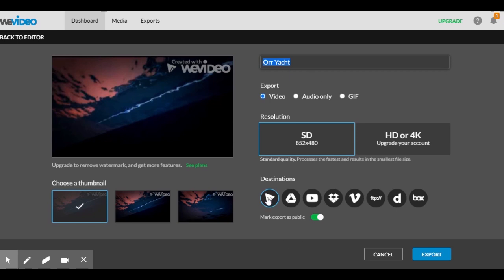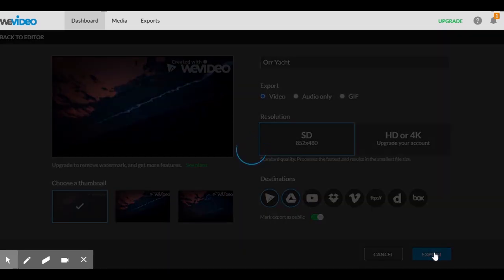And it's automatically going to download it to your WeVideo account, and it'll send you a link to download it. But if you click this button right here for Google Drive, when you export it, it'll go automatically to your Google Drive as well, and then you can just turn it in straight from there into the classroom page. Then you hit the export button,